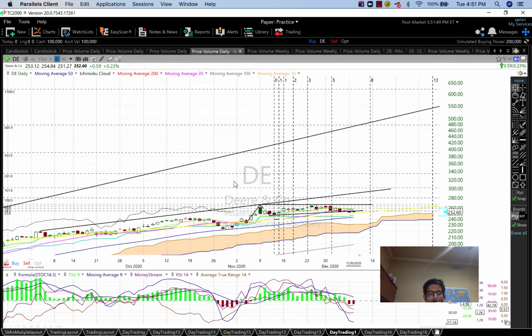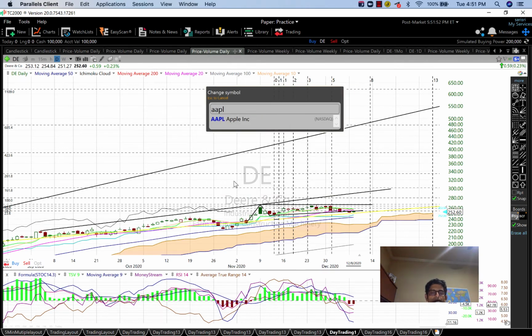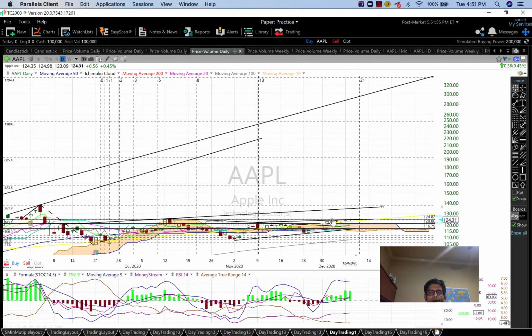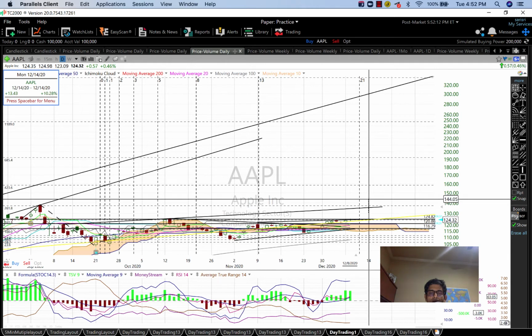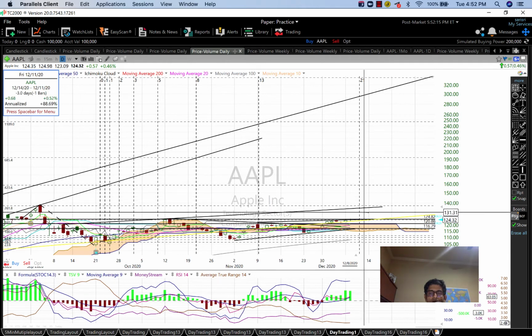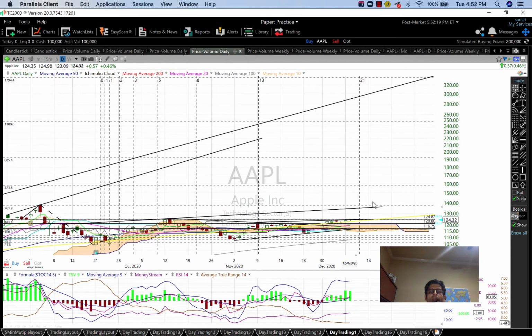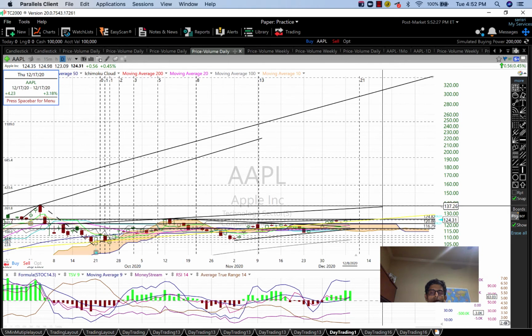Okay. The third one which I wanted to talk about is Apple. Apple today made a significant move, and it is right at the flat line resistance of 124.82. If it crosses this, the next one will be this trend line, which we are looking at. The trend line and this 100% retrace extension are at around 136, 137 area. So we are looking to get to this area. This may not happen this week, but it may happen next week, because there is plenty of time for that. Okay. So keep a watch on it.